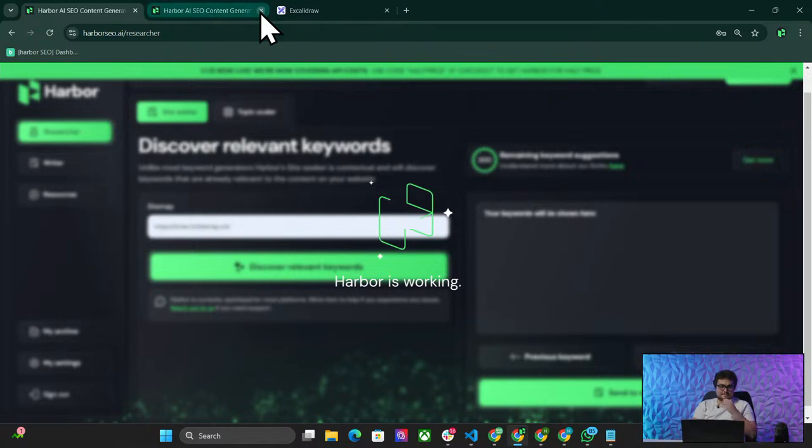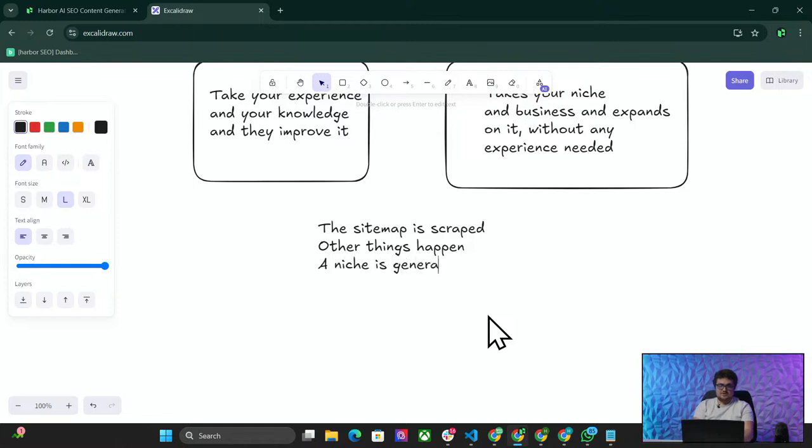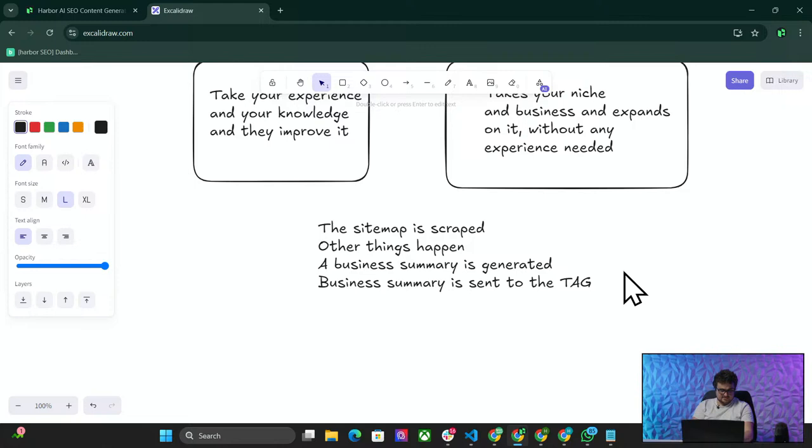I'll just close these. Let me quickly talk about what's actually happening under the hood here. The sitemap is scraped. Other things happen that I'm not going to talk about. A niche is generated. A business summary is generated. A highly specific business summary. The business summary is sent to the TAG, the topical authority generator. Is it French? You can do this in French as well, no problem whatsoever. The business summary is sent to the TAG, and then you are sent back 20 keywords,